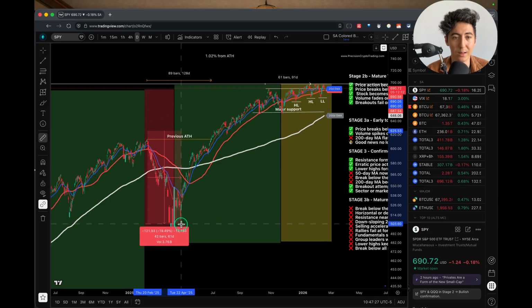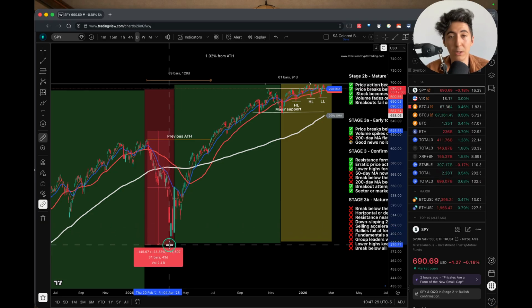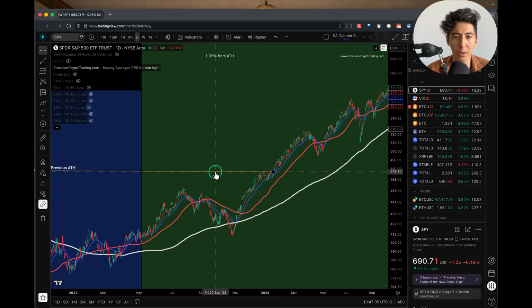And then when it's in a decline, maybe you step out of the market completely if you're not going to be shorting, or this is where you would be shorting. And then when the market is